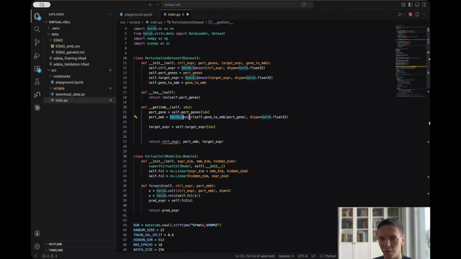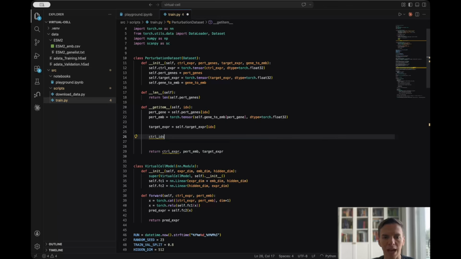We convert it to a torch tensor, and we have it here. Perfect. Now target expression is already a tensor, so we just look it up by the same index, because this target expression corresponds to this gene perturbation. So this is great. What's missing here is the control expression,